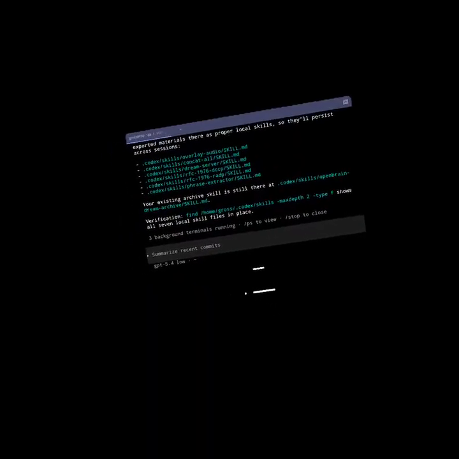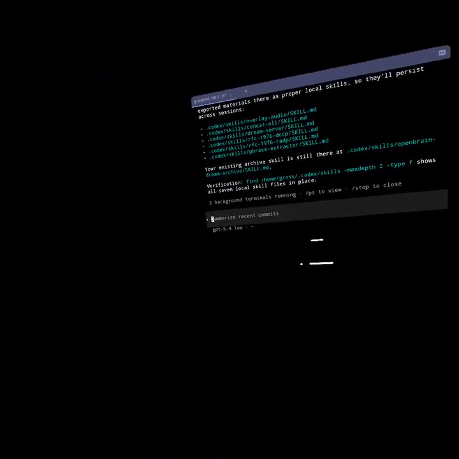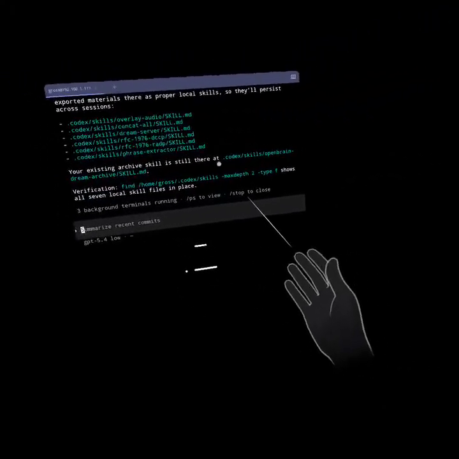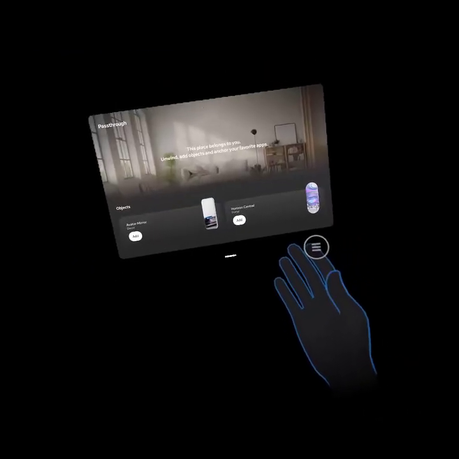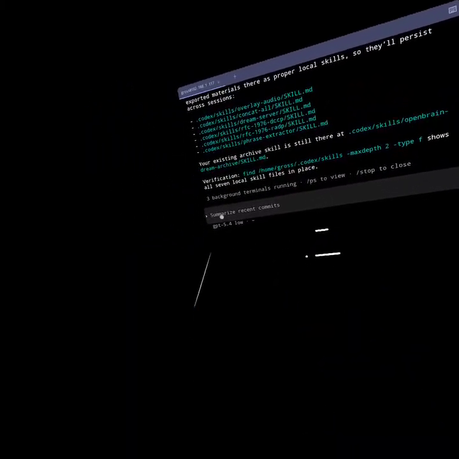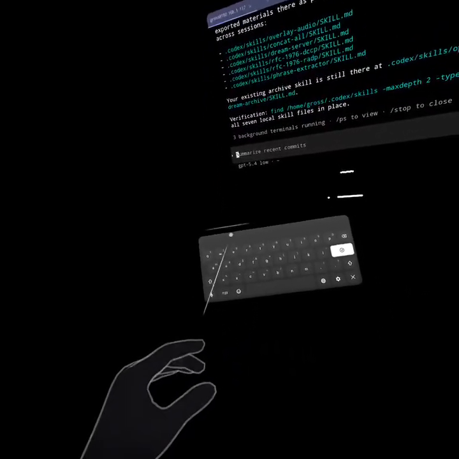So now what I want to do is tell it to record that in OpenBrain. So now I'm going to go back to the command window, and I believe I can get the keyboard back with this hand. That's what worked the last time. Nope, that didn't work this time. Okay, let's see. How do we get the keyboard? Probably select that as the active field. Okay, there we go. So now let's tell it,